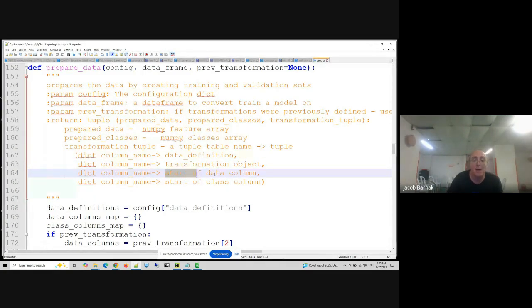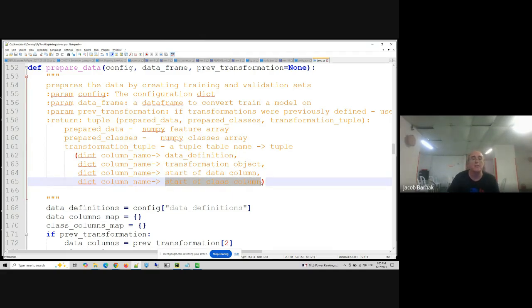And then you have the start of the data column. When you transform the data, some data points will be one column or two. One column in the original data may become one or more columns in the output data. So this tells you where this starts, and this tells you where you start the class column. The class column is basically the classification column.